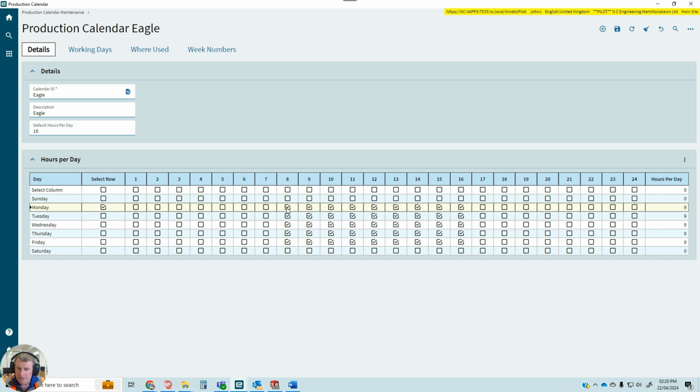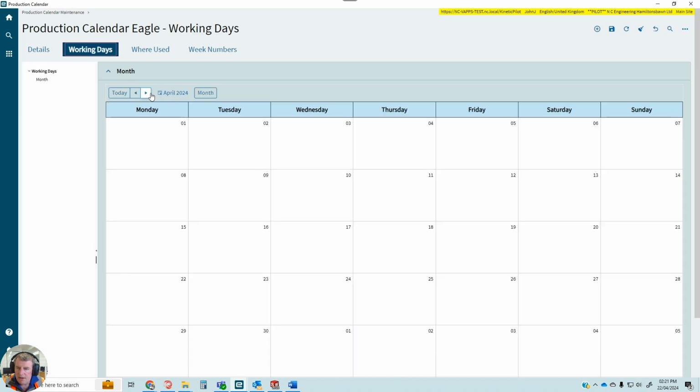So this is saying that this is the first hour of the day and this is the last working hour of the day. It doesn't technically matter for vendors, but it will matter for internal manufacturing that you have the working hours right. So just count them up to make sure they're okay. Save that, and then under working days, I'm just going to scroll through this, but you'll see I've got a